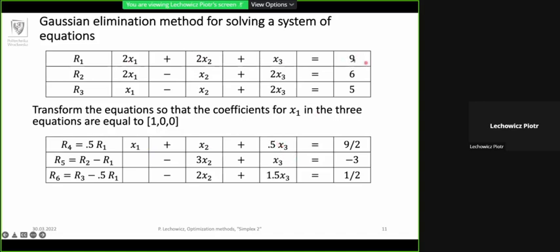And the right-hand side of the equation, 9 becomes 9 divided by 2. And then we need to subtract such amount of this equation from other ones, such that we are eliminating this variable x1 in this equation. So to eliminate this